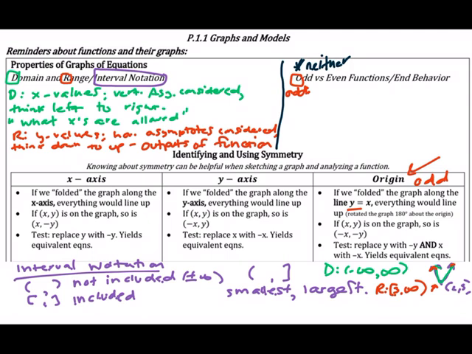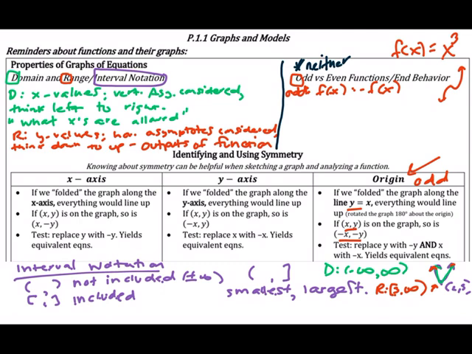It means that if you had a point (x, y), you would also have the point that is the opposite of both x and y. So how do you test for this? You check to see if f of negative x is the same as negative f of x. Meaning, if you replaced all of the x's in the function with negative x, would you get the opposite of the entire function? Now that's odd. So a commonly thought of odd function would be f of x equals x to the third. Because if I substituted in negative x, I would have the opposite